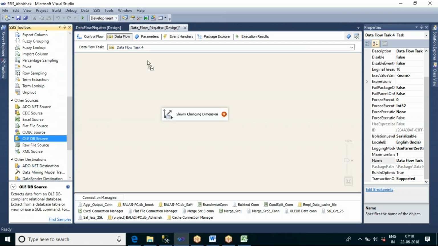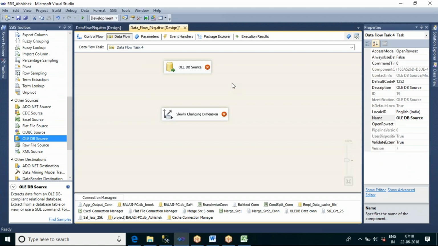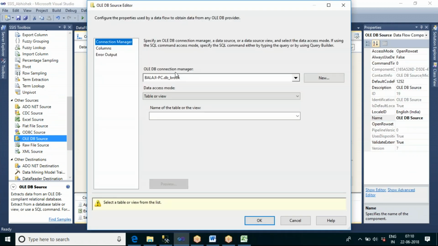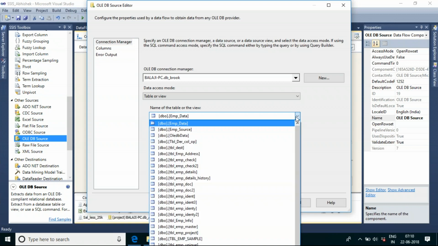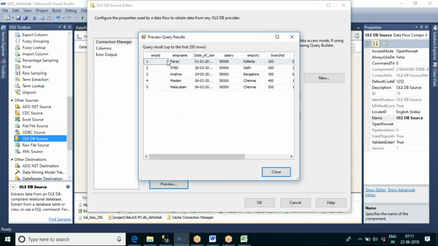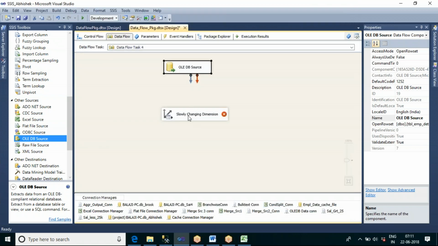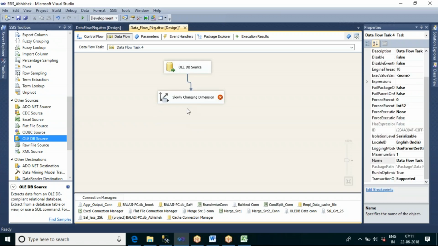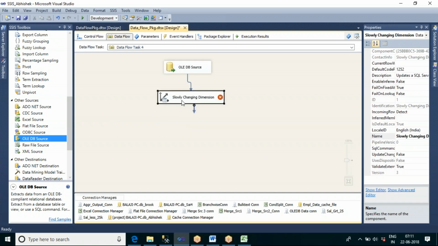Where will the source be? Let me pass our original table, emp details. You can go and preview the data. We have five employee records. Now let me pass these five records into the slowly changing dimension transformation.